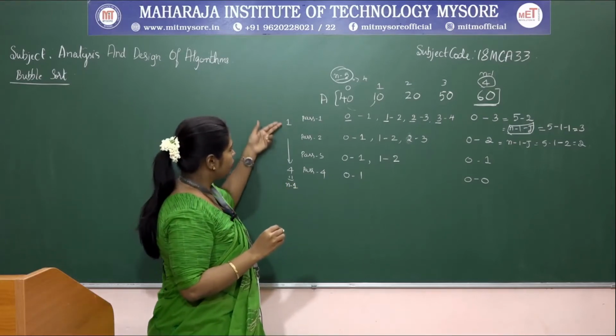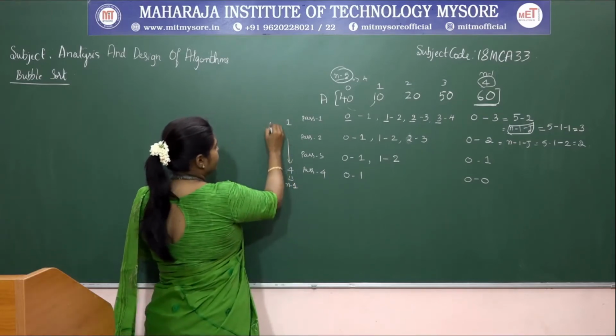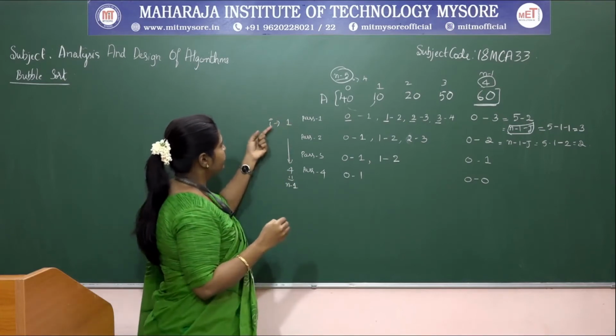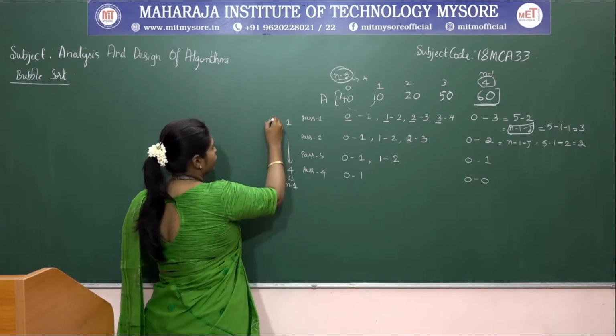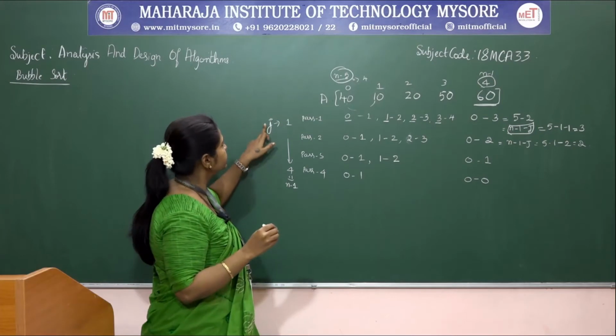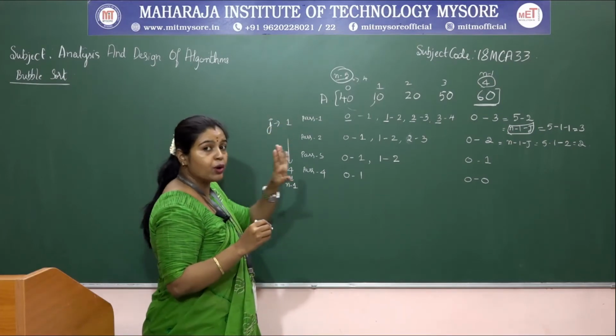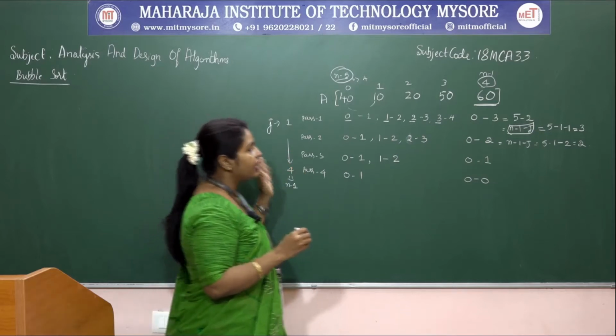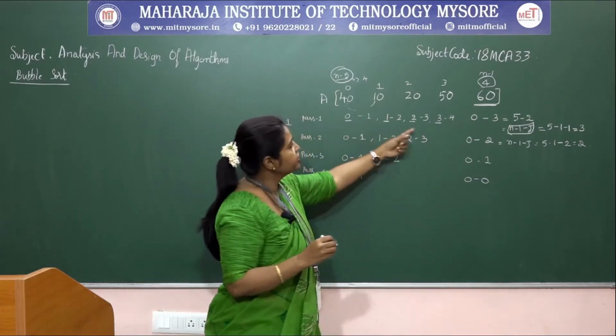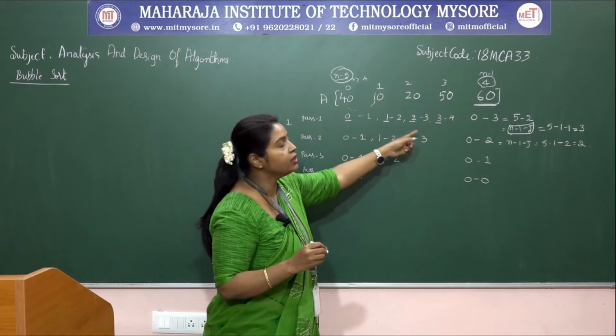So if you are taking i as a pass number, I will run from i or j, whatever you want, you can take it. Okay, pass number. So j should run from 1 to 4 passes if you have 5 elements. Okay, and in a similar way, in each iteration what we are doing, we need to check the elements.